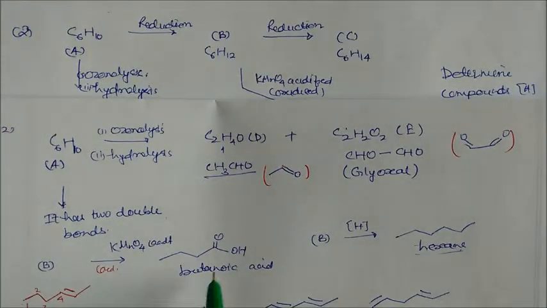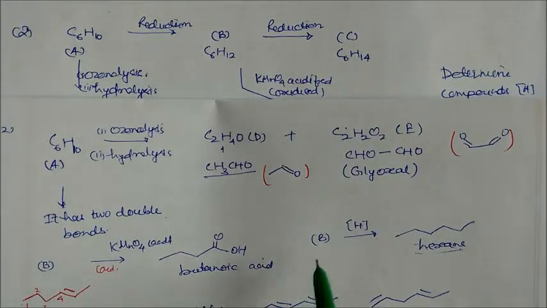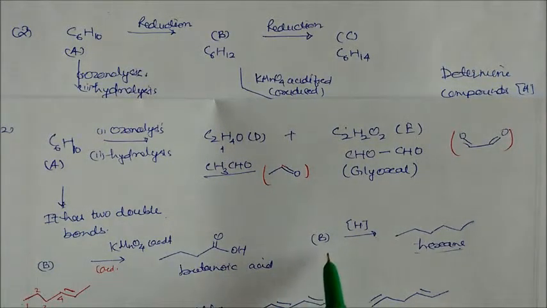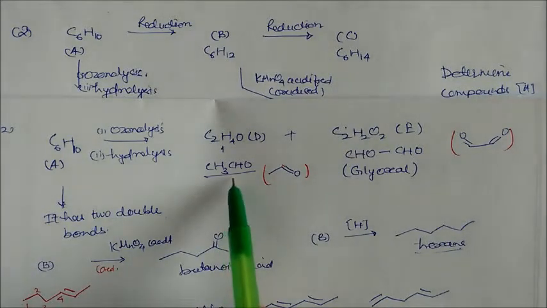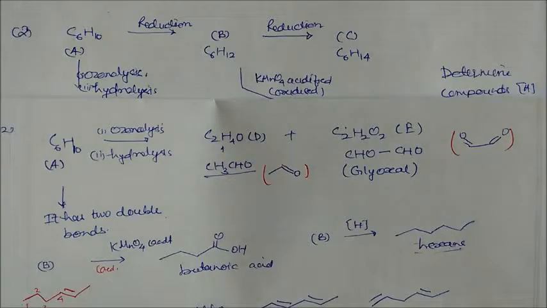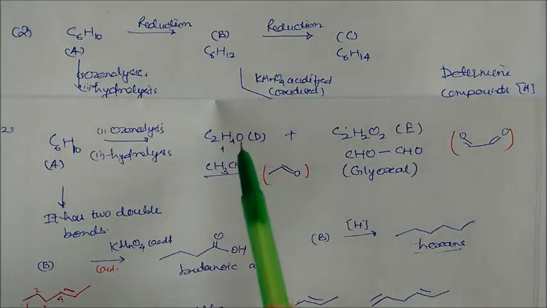So this comes from the double bond, and B on hydrogenation becomes hexane. So this is one possibility, but A contains two double bonds. One double bond is at the fourth carbon and one double bond may be at the first or second position, but the first is not possible. Why? Because we are getting one ester aldehyde on ozonolysis, so only this is possible. So the answer is A is this compound and B is this compound, and C and D we have seen.